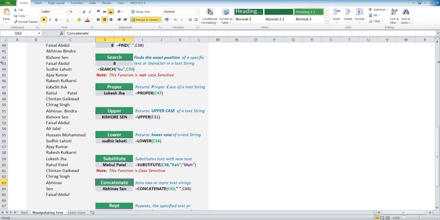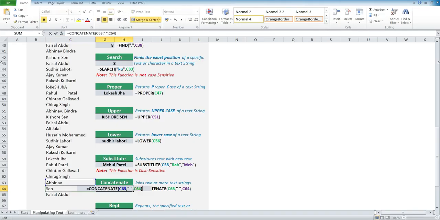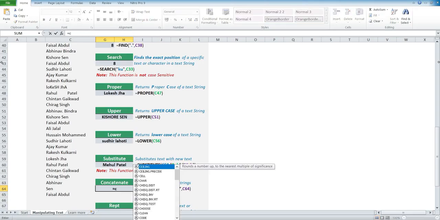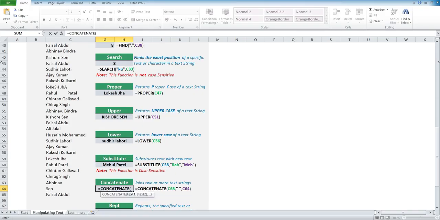CONCATENATE. This is a very important function. Let's say we have first name and last name in separate columns or separate rows, and we need to join them together. We use the CONCATENATE function. We can also use the ampersand, =, select the cell and this, enter. This also joins it. Or we can use the CONCATENATE function, select the cell,